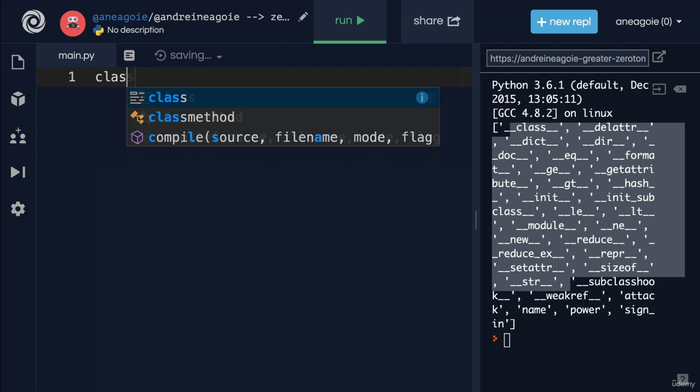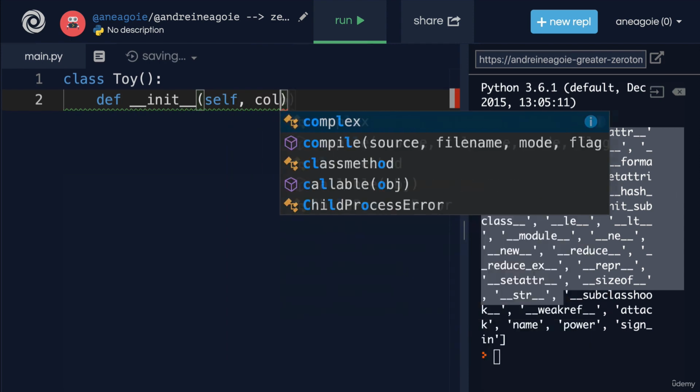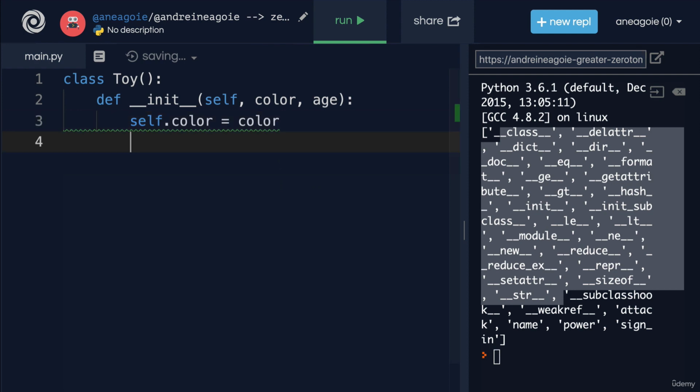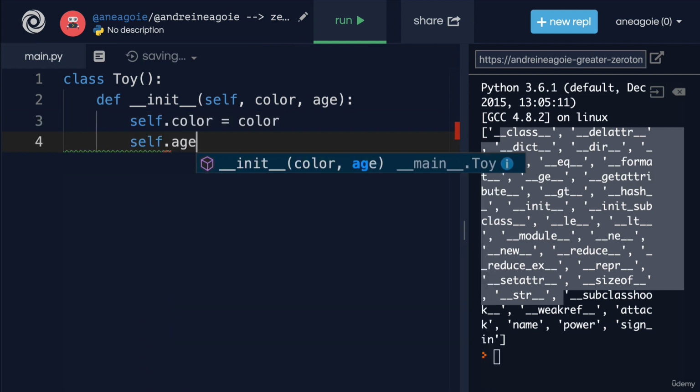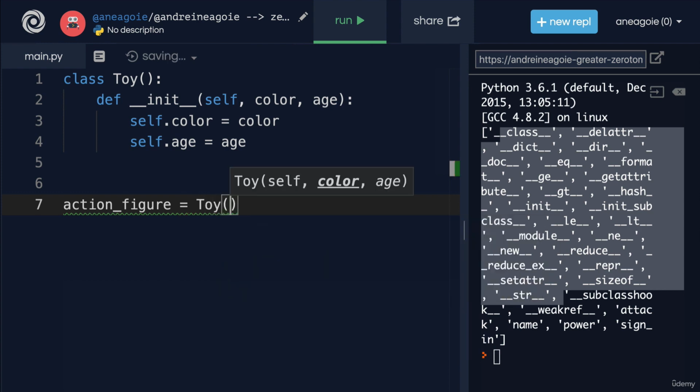We're going to create a new class, and this is going to be a toy class. Now, in here, we'll define a toy and initialize it with self. Then we'll say that it has color and age. Now we'll say color equals color. So these will be our attributes, and age. Awesome. There's our class. Now, let's say we want to create an action figure. This action figure will be instantiated with toy, let's say color of red, and the age it's brand new, so